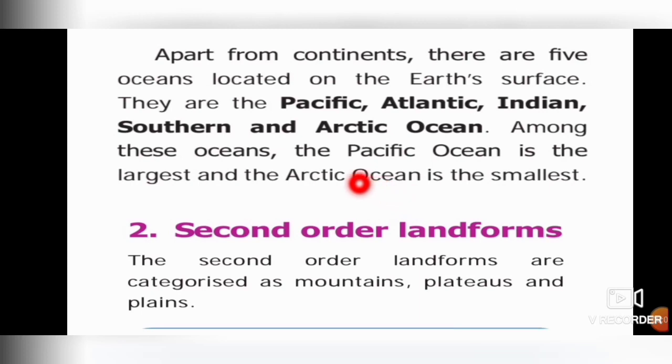Next we can see about oceans. There are 5 oceans located on the earth's surface. They are the Pacific, Atlantic, Indian, Southern and Arctic oceans. Among these oceans, the Pacific Ocean is the largest and the Arctic Ocean is the smallest. Next is second order landforms. The second order landforms are categorized as mountains, plateaus and plains.